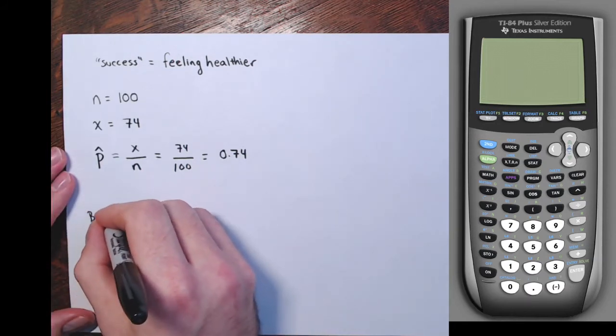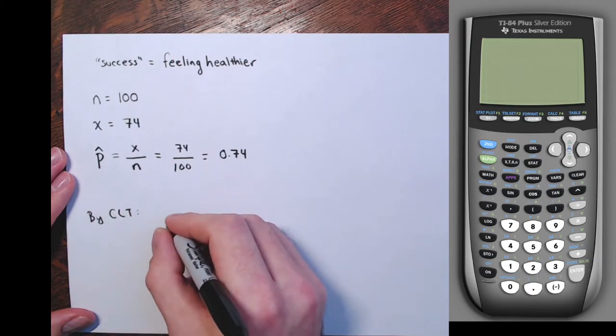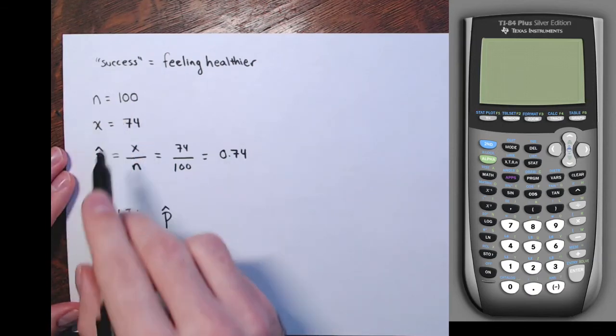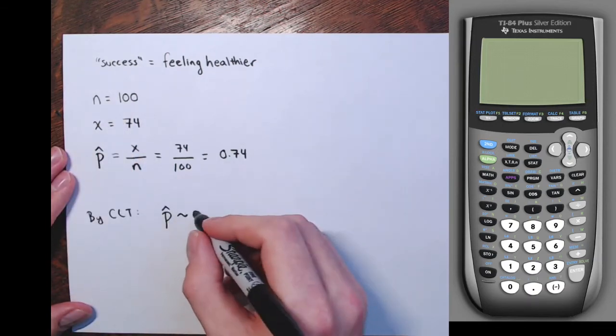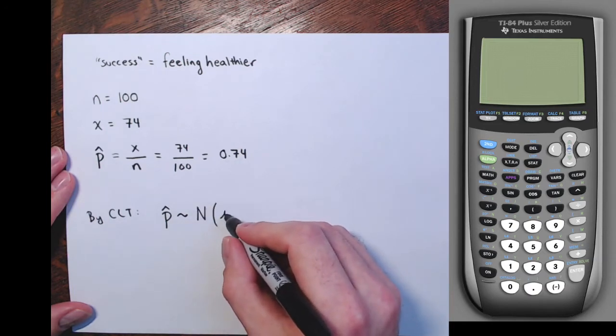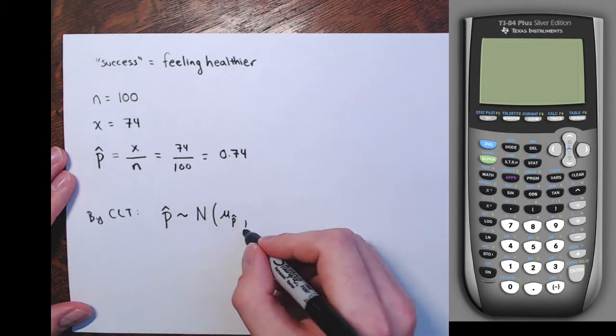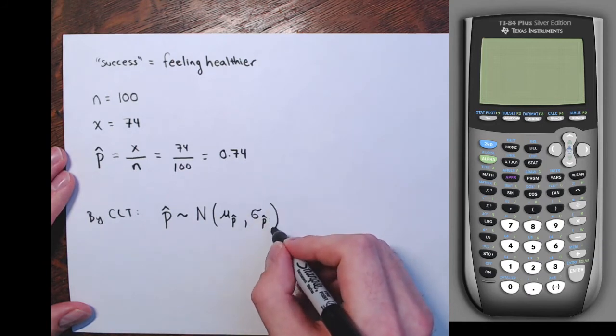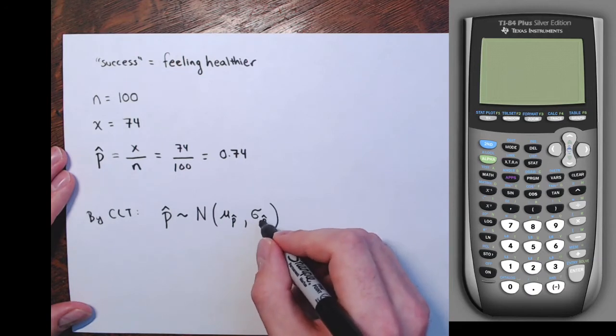By the central limit theorem for proportions, the distribution of all those sample proportions would have a normal distribution, with a mean of mu sub p hat and a standard deviation of sigma p hat, called the standard error of the p hats,